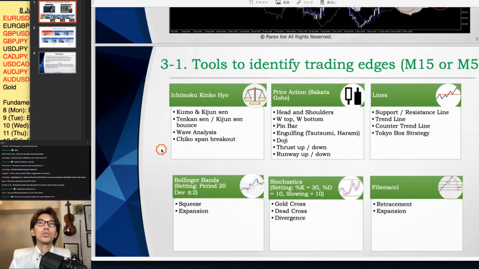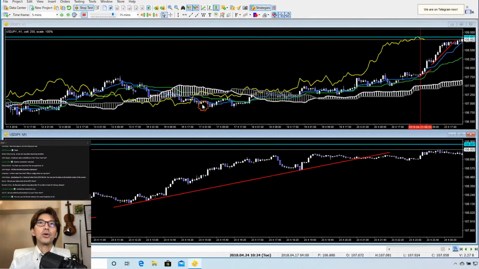So in today's example, I showed you the 1-hour and 5-minute chart, 2 time frames. Now, sometimes I take daily and 1 hour and 5, right? I take 3 time frames, or sometimes I take only 2 time frames to take trades. When there is no trend in the bigger time frame like daily or 4-hour, then I will just take the 1-hour chart and look for the buying edge in like 15 or 5. Just like this one, right? Just like I showed you today, I only look at 2 time frames